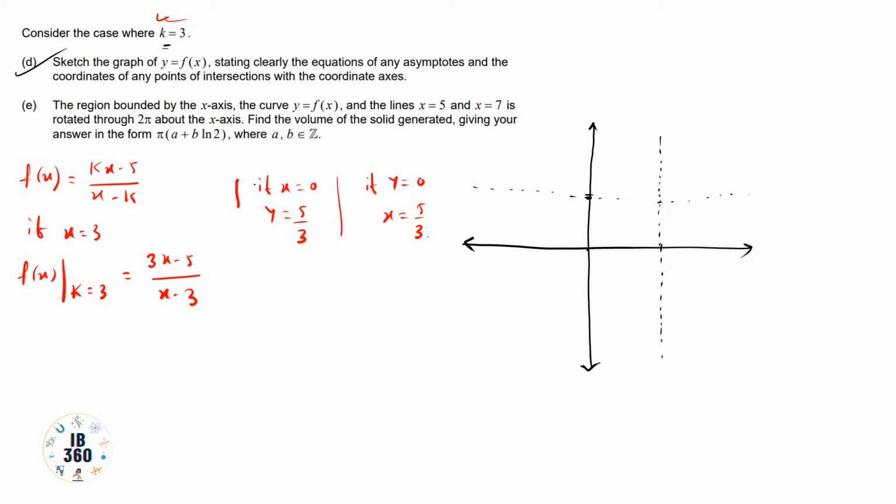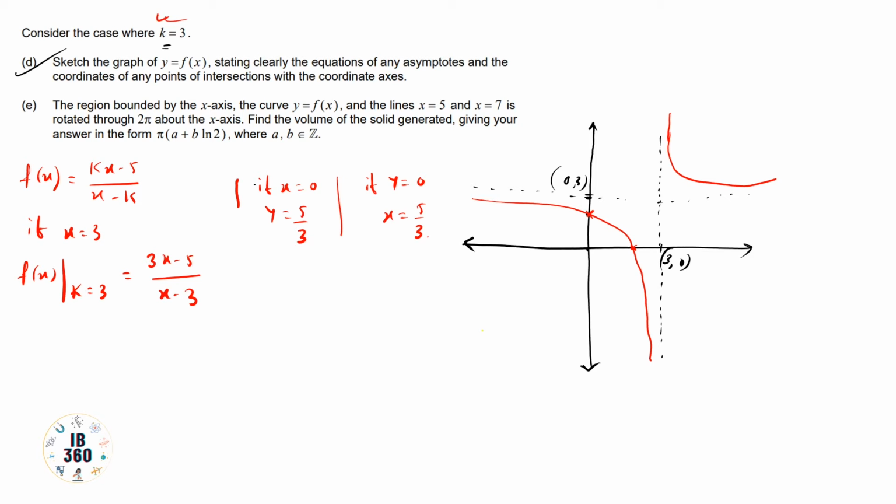So at x equals 0, y is 5 by 3, so 5 by 3 is somewhere there. This point is 0 comma 5 by 3, and this point is 5 by 3 comma 0, and this will be the asymptote. So the graph will be like this. It is trying to touch the asymptote but will not be able to. From here also, it is a mirror image of this graph. This is the graph of this equation.